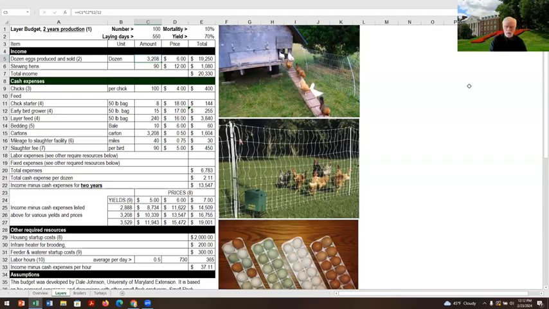Of course, you look at what they're selling for in the store, but the store is not your competition, because you're going to be charging more than the store, because you're offering a different product than the store. And you've got to be charging more than the store, because the eggs produced in the store, you can't compete with them. They do it on a large scale, and they're economical, and you can't compete with those eggs. So you've got a different product here.